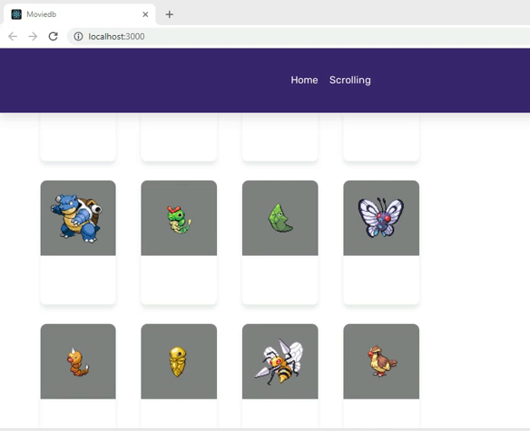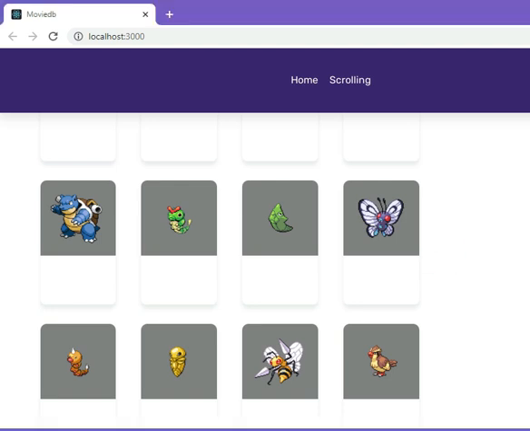So let me show you quickly what we are going to do today. I have created a simple React application that fetches data from the Pokemon API. Keep in mind that in job interviews, in some cases, they provide you with an API to query during the interview, but other times they tell you to find one yourself, and that is what we're going to do now. So as you see,